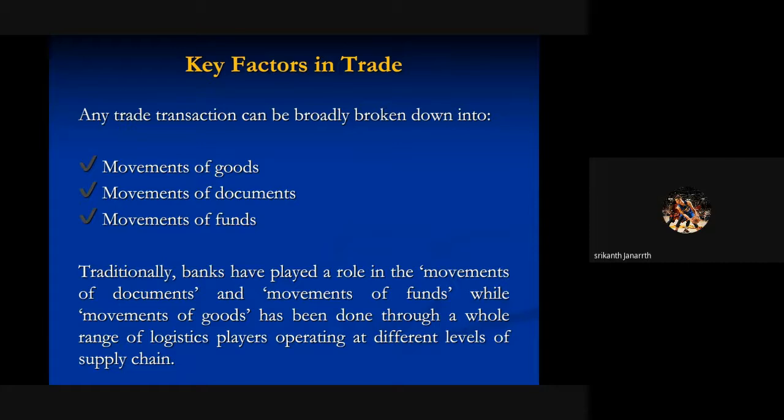So you could see that the key factors in international trade can be categorized into three, especially the trade transaction. Movement of goods, yes. Here the movement of goods is not within the country. We are going to discuss it. These are all international trade. So domestic trade, yes, little movement of goods taking place domestically, even that are exposed to